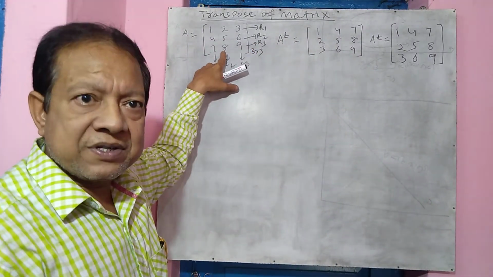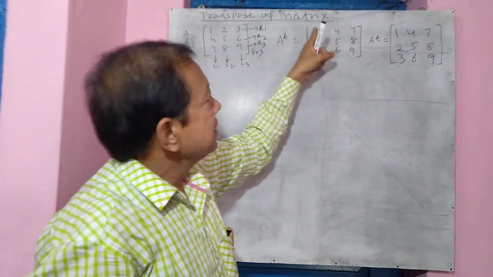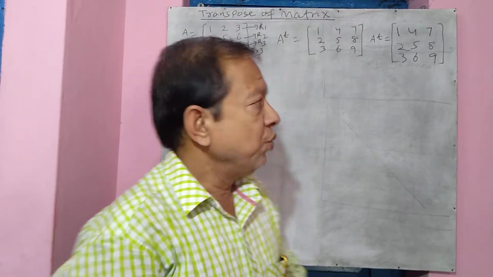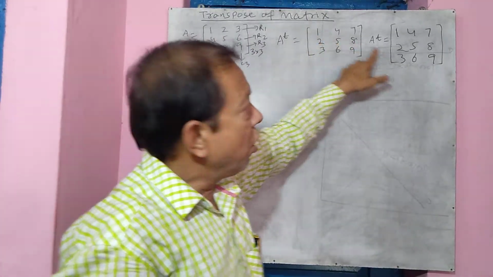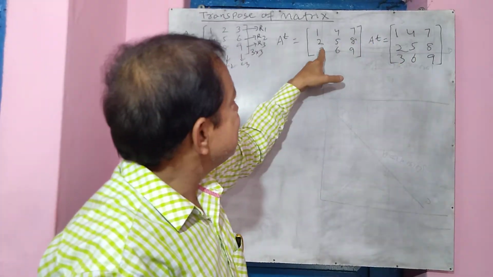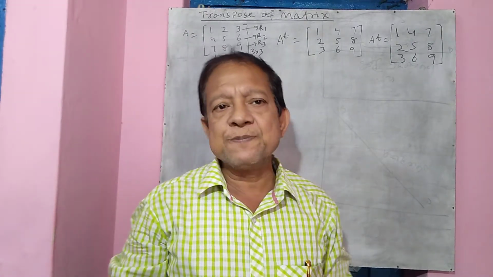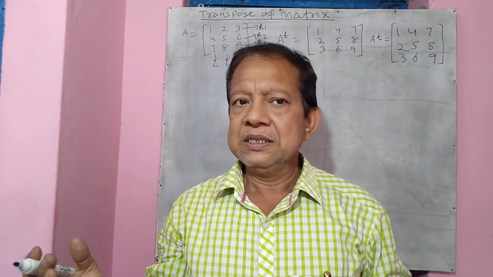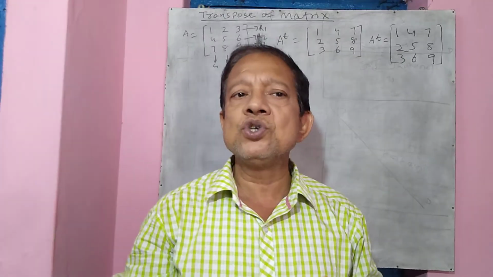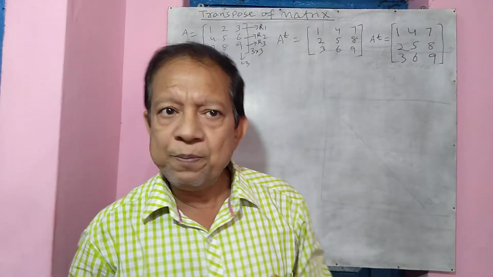You see, this is the original matrix. I have transposed it in two different ways. The two transposes are the same. Whether I change the rows into columns or columns into rows, the elements are the same. This AT and this AT are same. Therefore, in a transpose we simply interchange the rows into columns or columns into rows of the first matrix to form another matrix, which you call the transpose of the matrix.